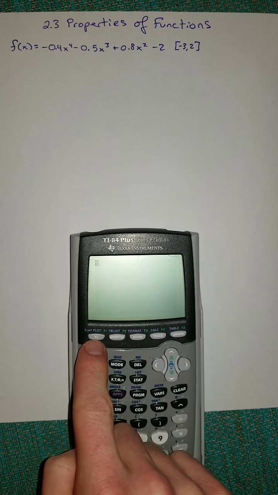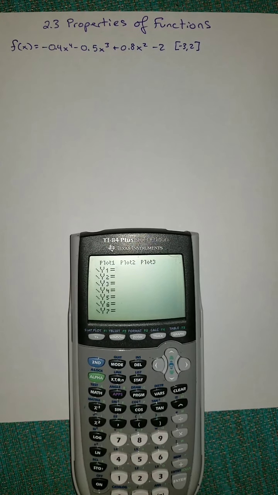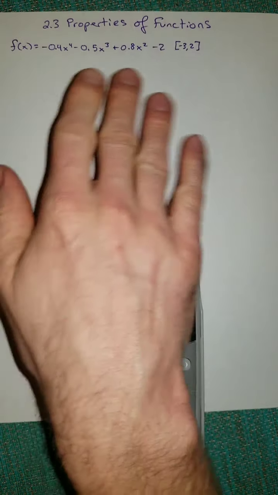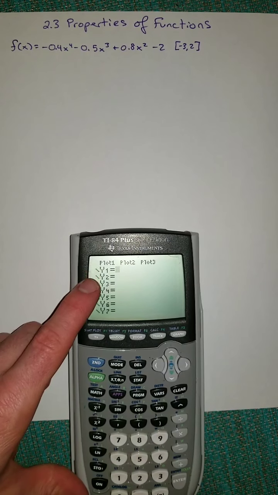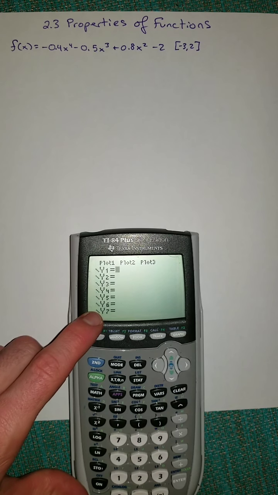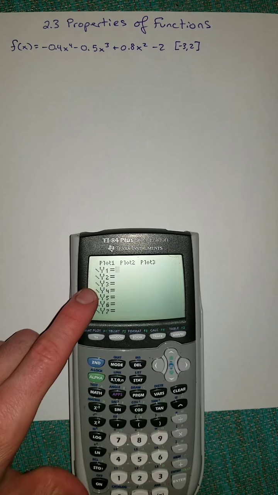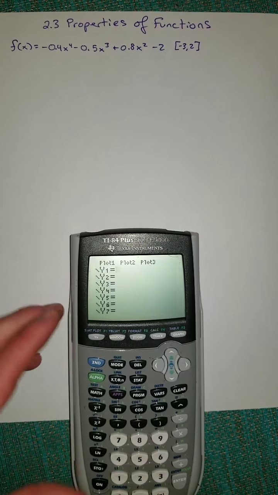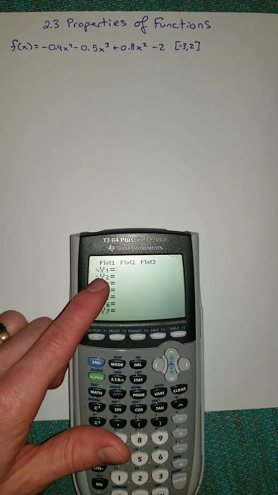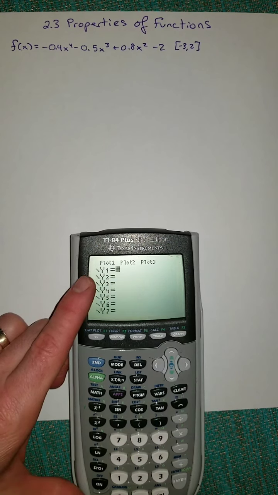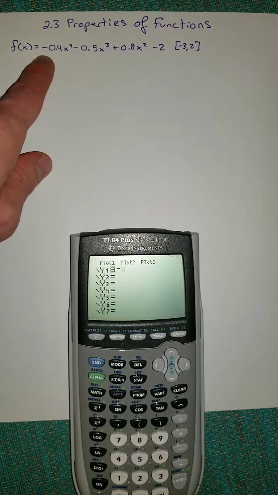To do that, you go to your y equals button. It's the top left button on your calculator, and then you're going to type this in. In y equals you have multiple equation options, because you can plot up to 9 or 10 different equations. So y1 is going to be negative